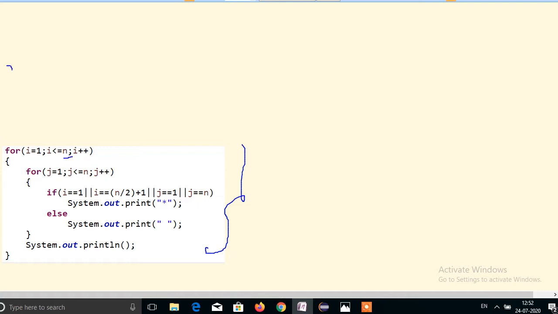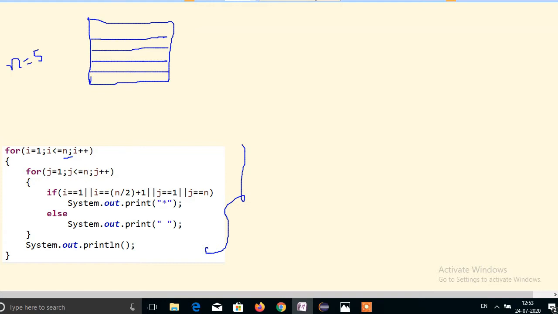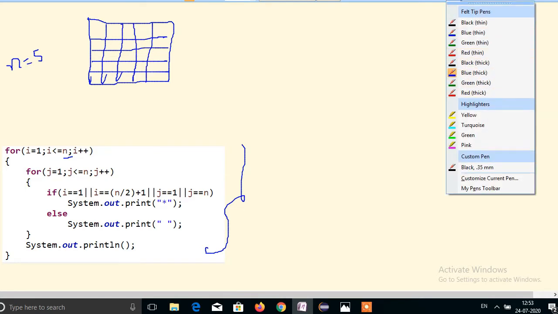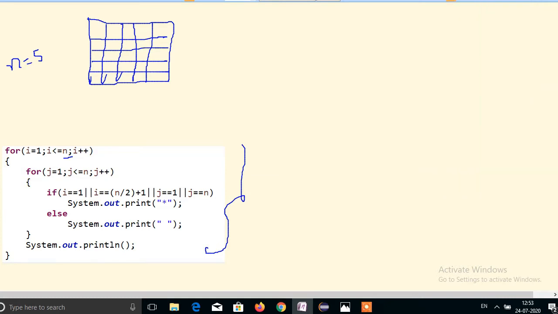Now take n equal to 5, and take a rows and columns table: 1, 2, 3, 4, 5.